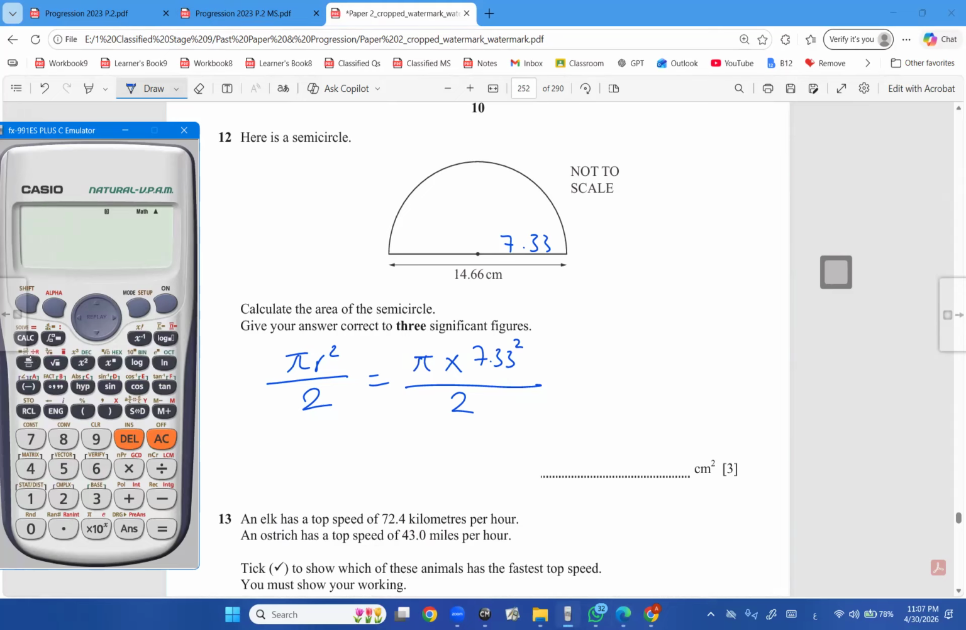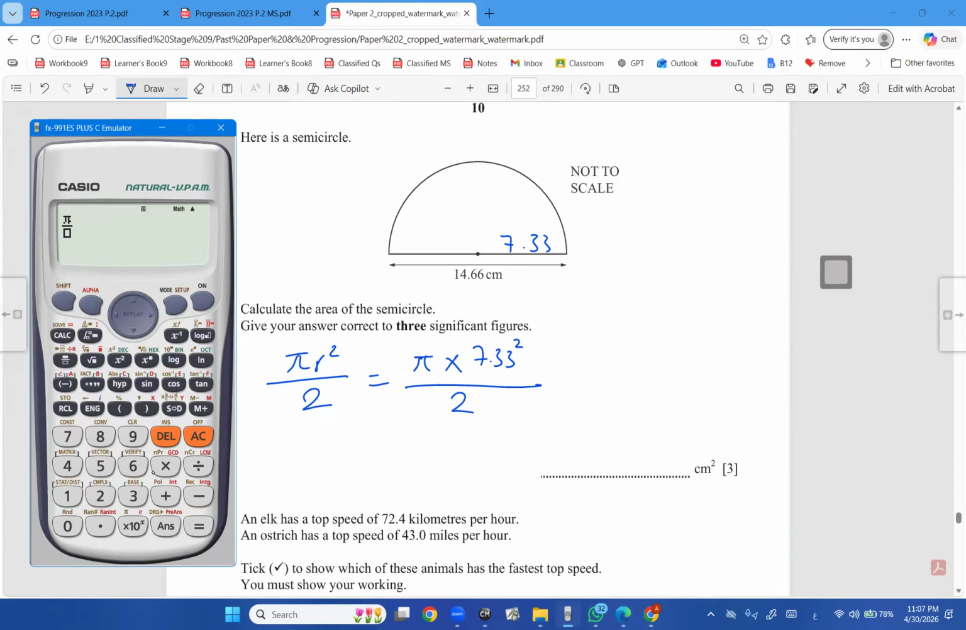So start with the fraction first. You're right here, pi multiplied by 7.33 squared over 2 equals 84.4, because they want to round to three significant figures, so 84.4